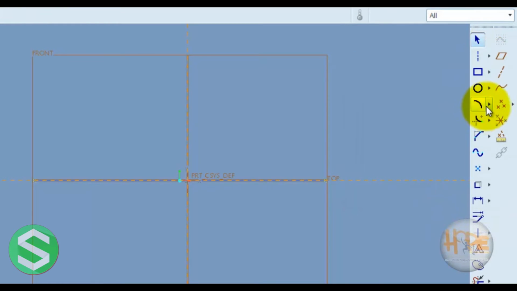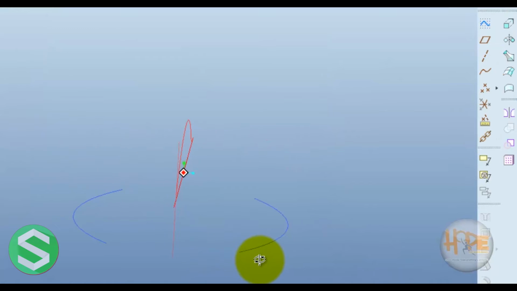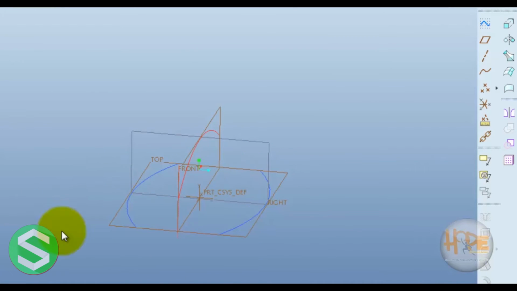Now draw one curve also. First draw the center line at the end point. Now draw one another curve also. OK, now done. Now you can see these three curves. We can apply three different trajectories at this point, middle point and last point.